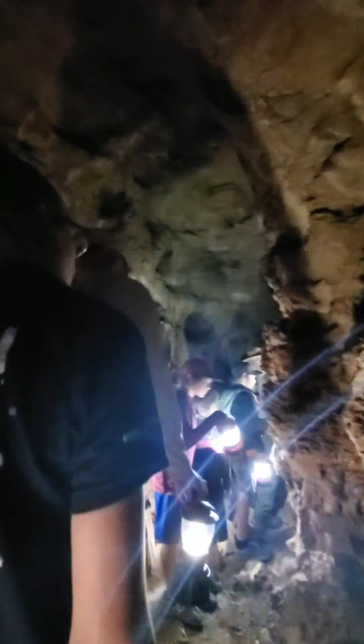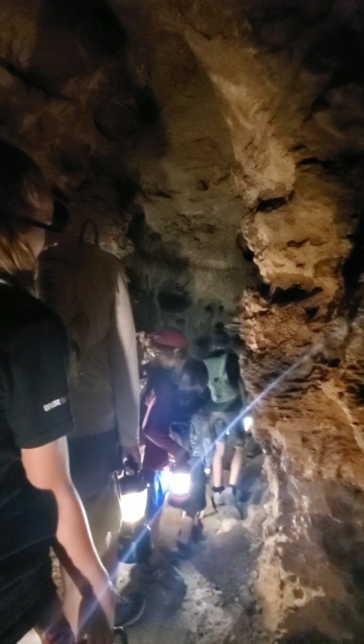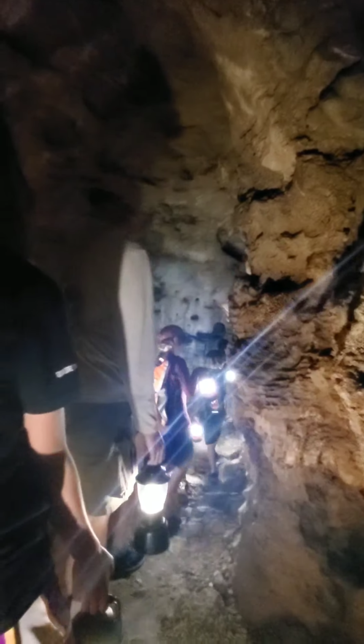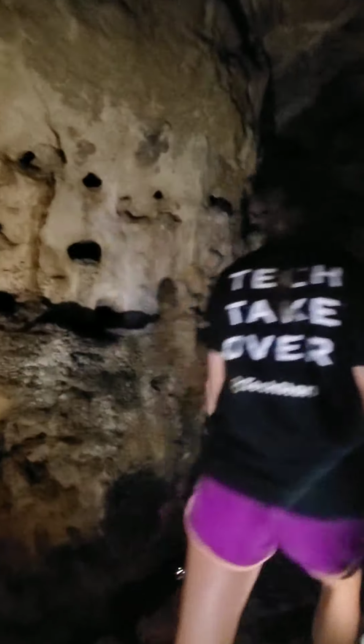So was it through here that they blasted to make it taller? You see the rock like this, and this is weathered next to those that were either chipped off with pickaxes or actually blasted out. So as we were coming through the lower portion, there was quite a bit of rock removed in that section. Oh, I feel the hot air. We're almost